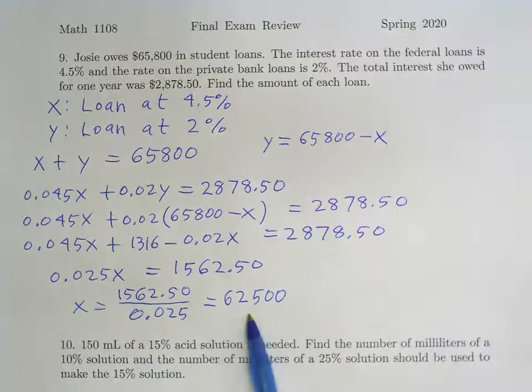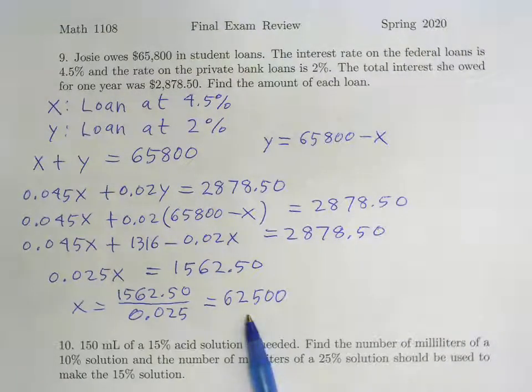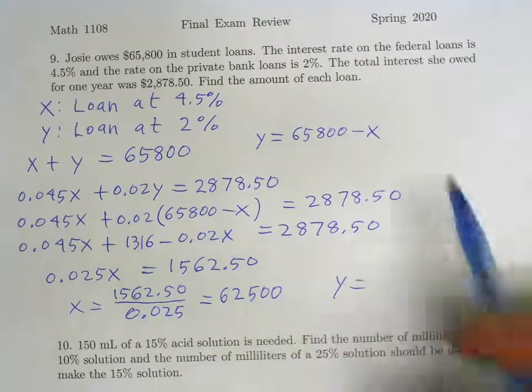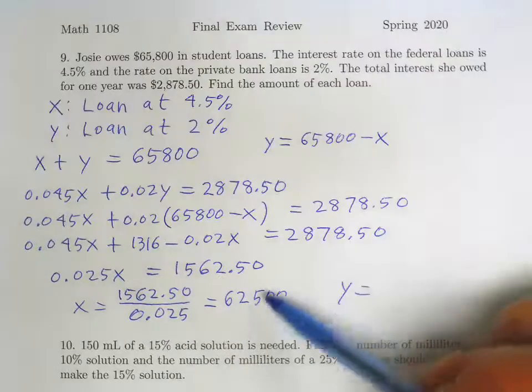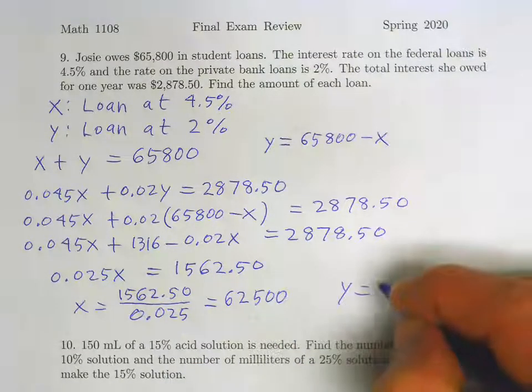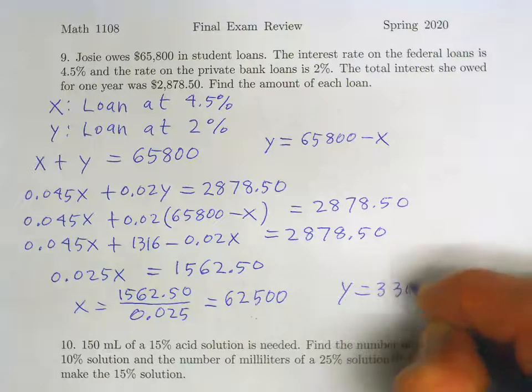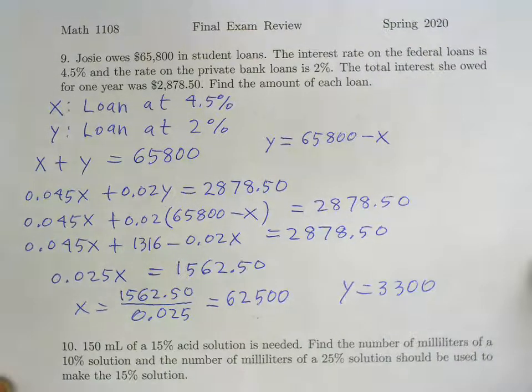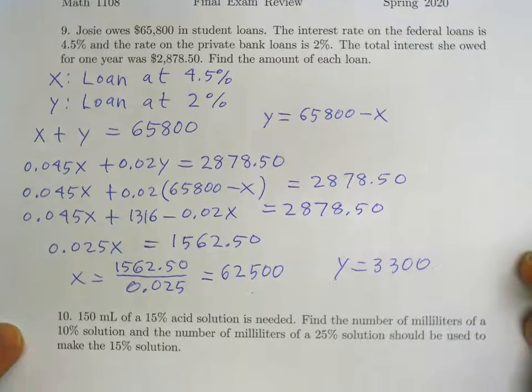So this is the amount of the loan at 4.5% per year. And then Y is 65,800 minus 62,500, which is 3,300. Hey, that wasn't too bad. The next problem,